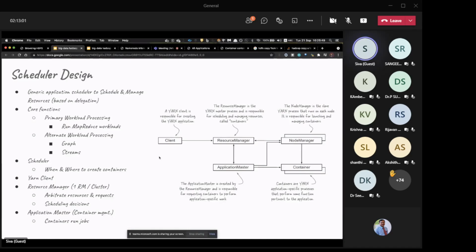So the application master is basically created by the resource manager, and once it hands over to the application master, the resource manager becomes free and then starts listening for what it needs to do. Now, the application master is specific for every process or every job which has been given. You can think of one instance of an application master for every job created, and the application master then connects to the node manager and the container to create and instantiate the